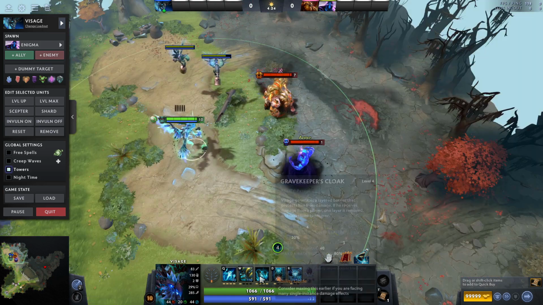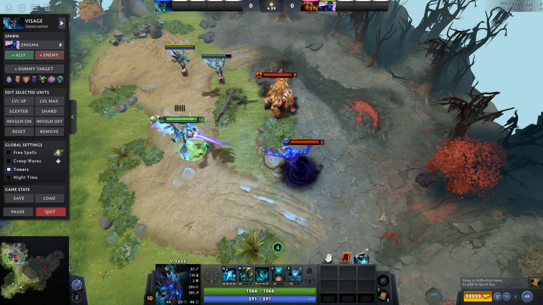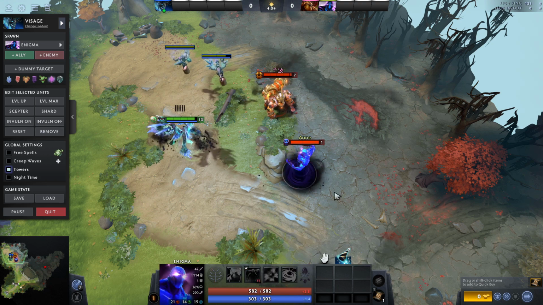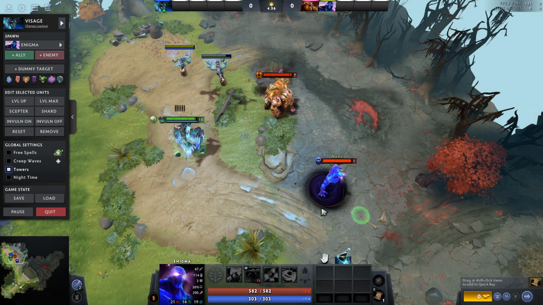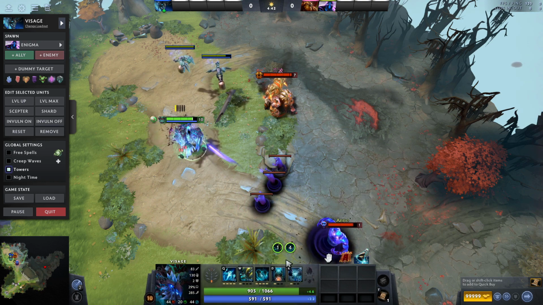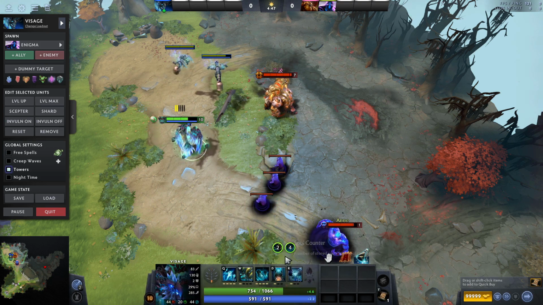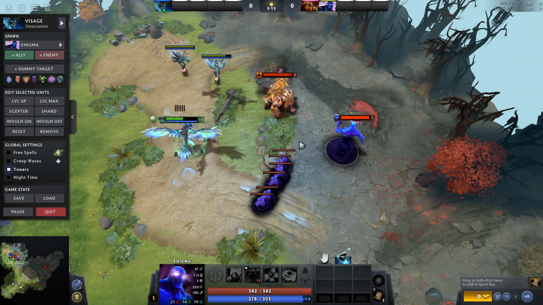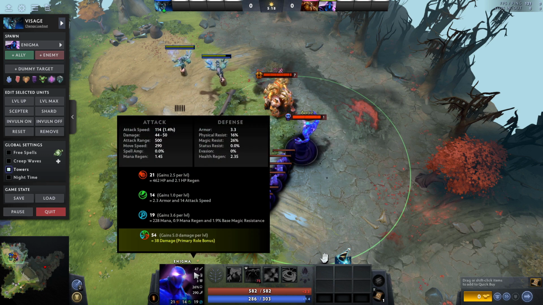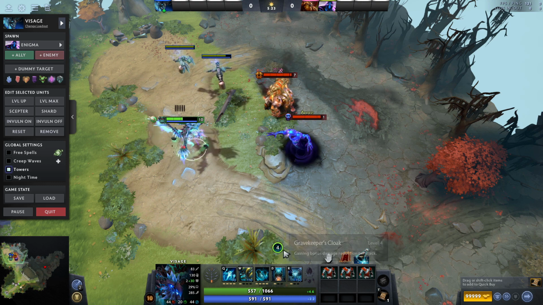For Visage himself, the Gravekeeper's Cloak works a little bit differently, in that whenever you take layer-based damage that is 40 or more, you lose 1 layer. But if the damage is less than 40, you don't lose layers, but you also don't get any reduction. Right, so these Eidolons are doing full damage to Visage now, even though he's got 4 layers. And this 40 damage is calculated after reductions, so if I buy a bunch of armor on Visage, then this Enigma hit with 47 damage is going to be below 40, and therefore do full damage